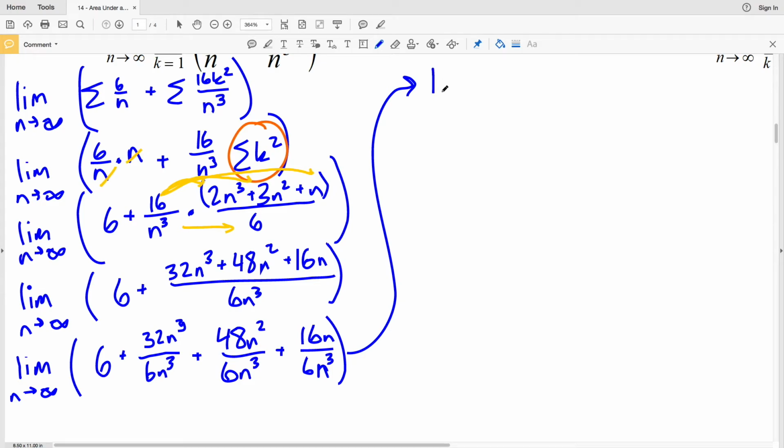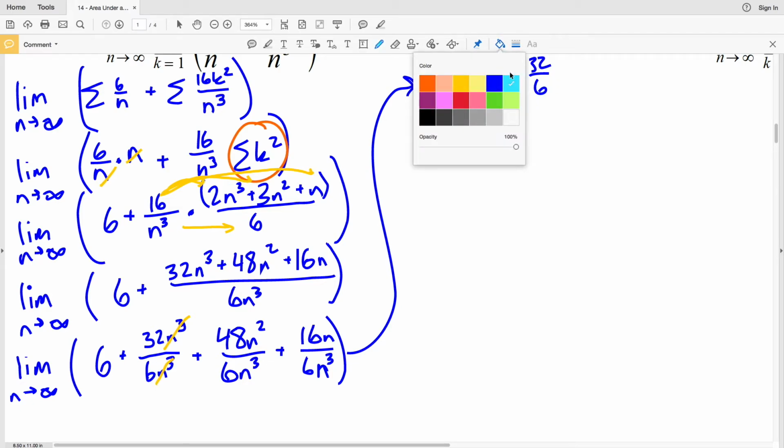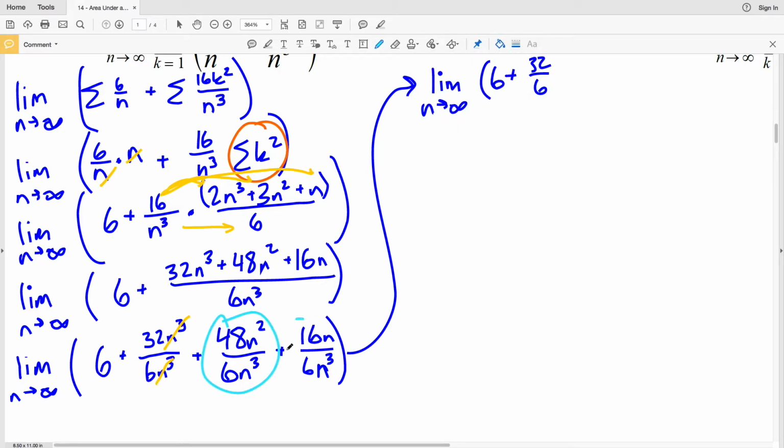Continuing my work, I'll have the limit as n approaches infinity of 6 plus, simplifying, n cubed divided by n cubed is 1, so I'll have 32 over 6, and I don't even need to simplify these last two terms,